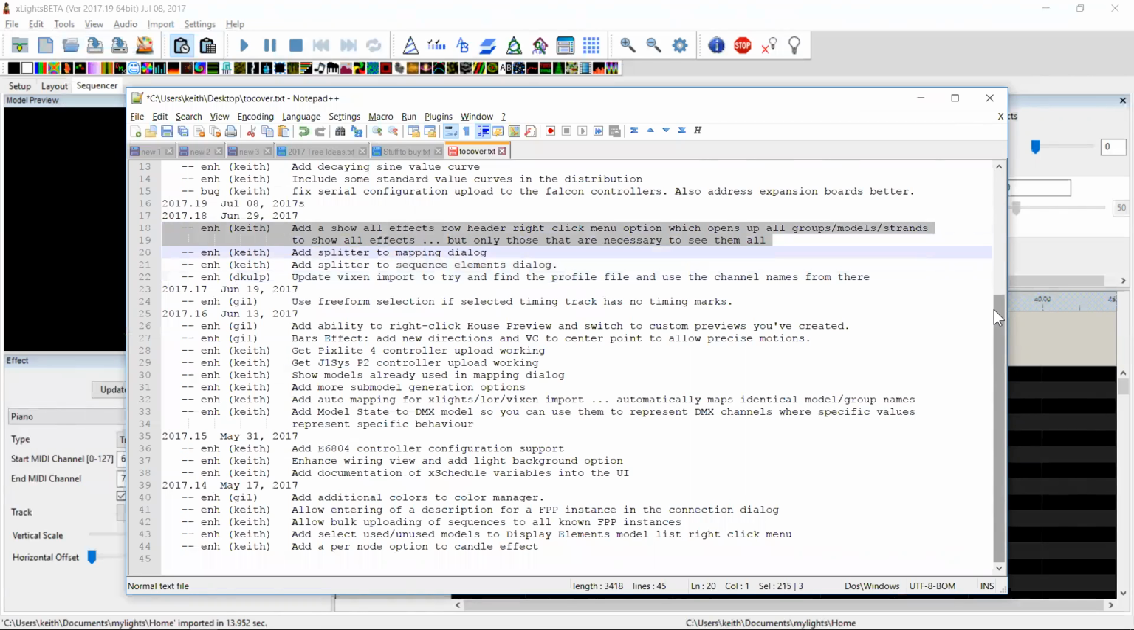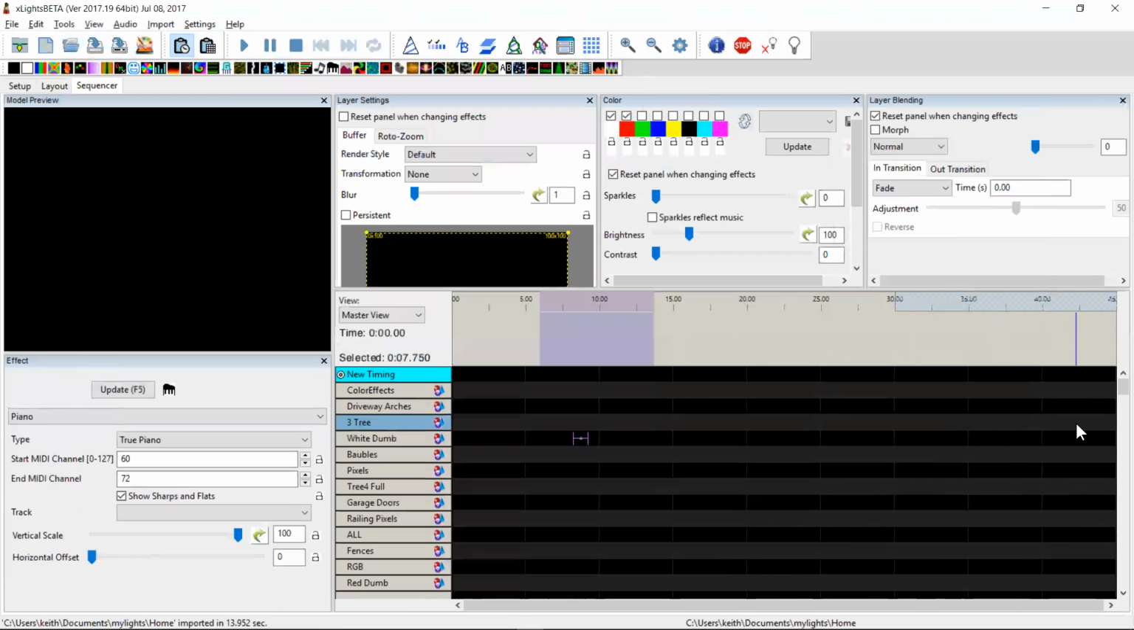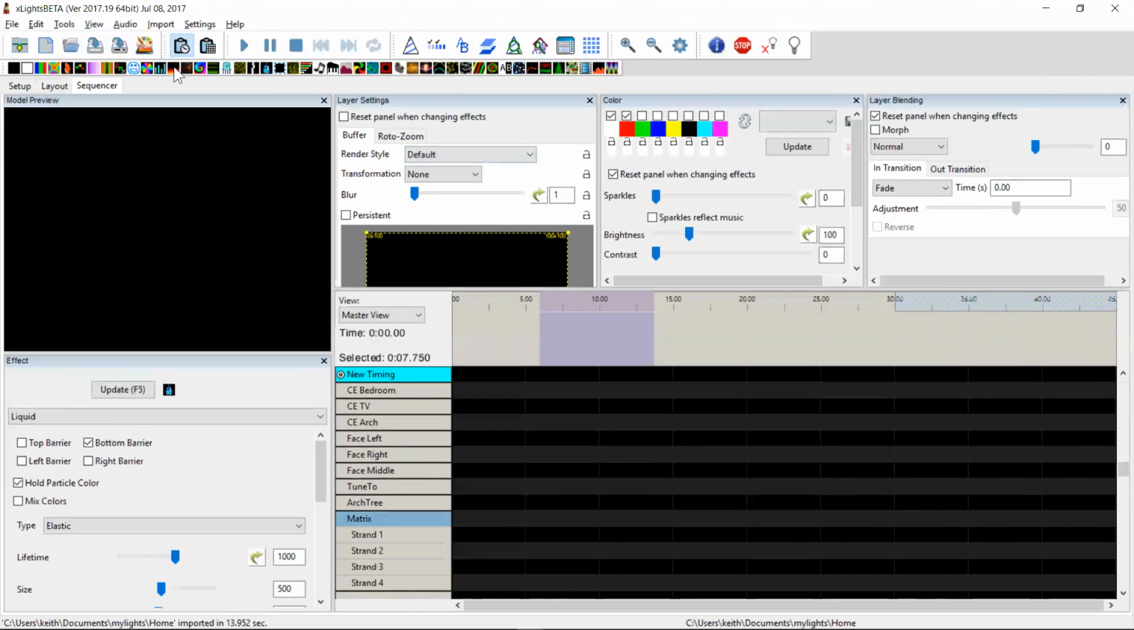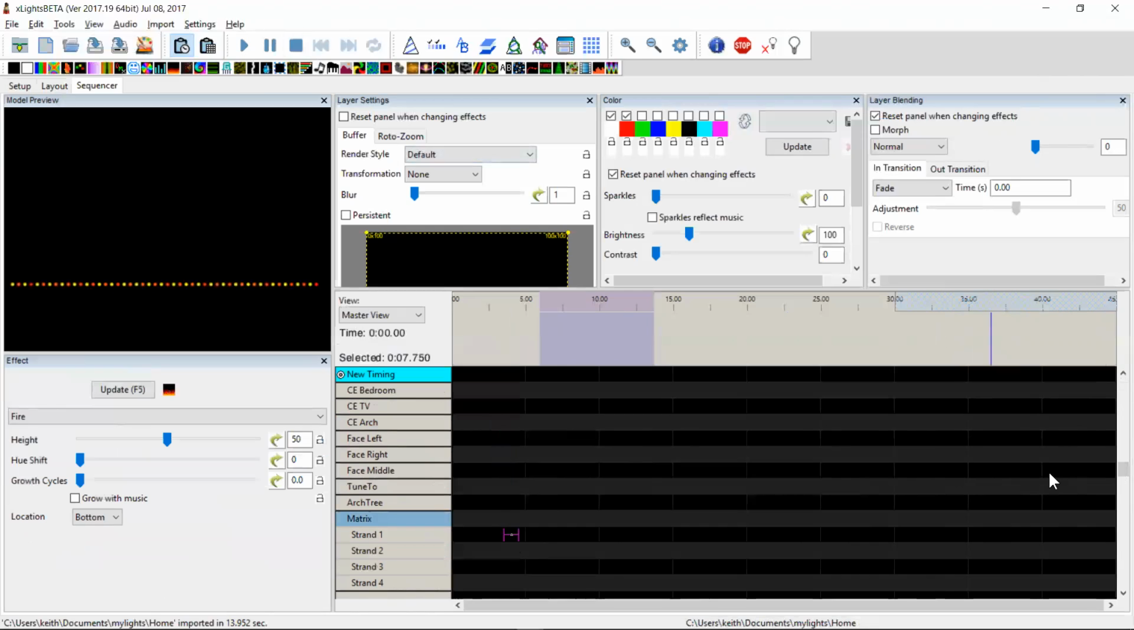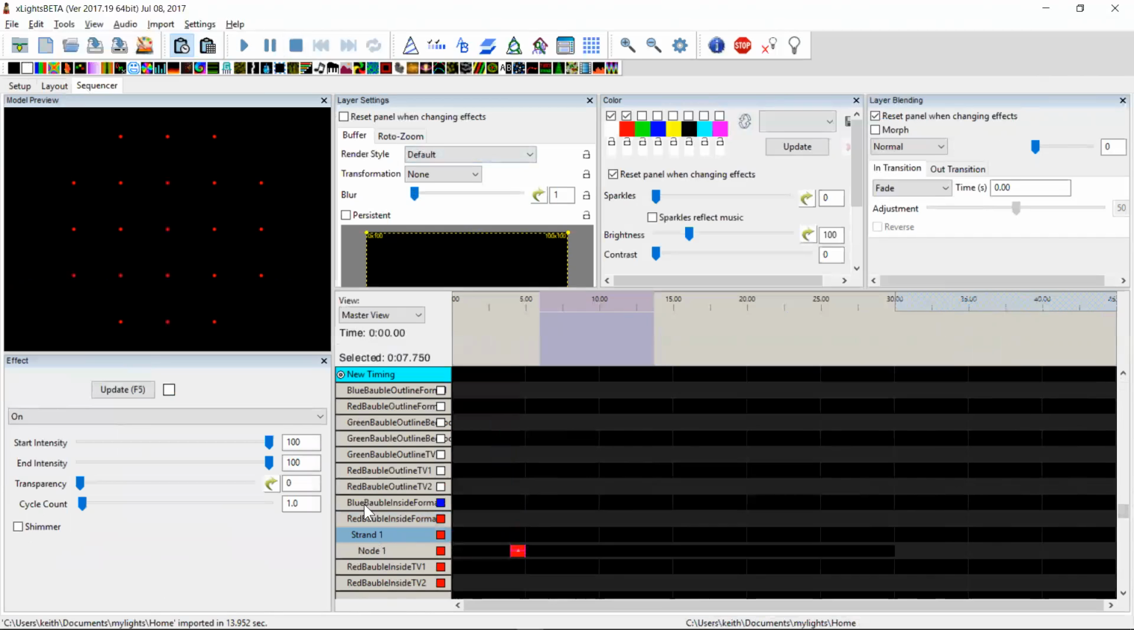Add a show all effects row header right-click. Okay, all right. So if you're sequencing and you're one of these people that likes to sequence at lower levels, like down at the strand level here. Oh, we won't do the liquid because the liquid's heavy. We'll throw a fire in on the strand. And maybe we'll go a bit lower, and we'll go down to the node level here and we'll put an on effect on the node. Right, and then if I close all these things up,